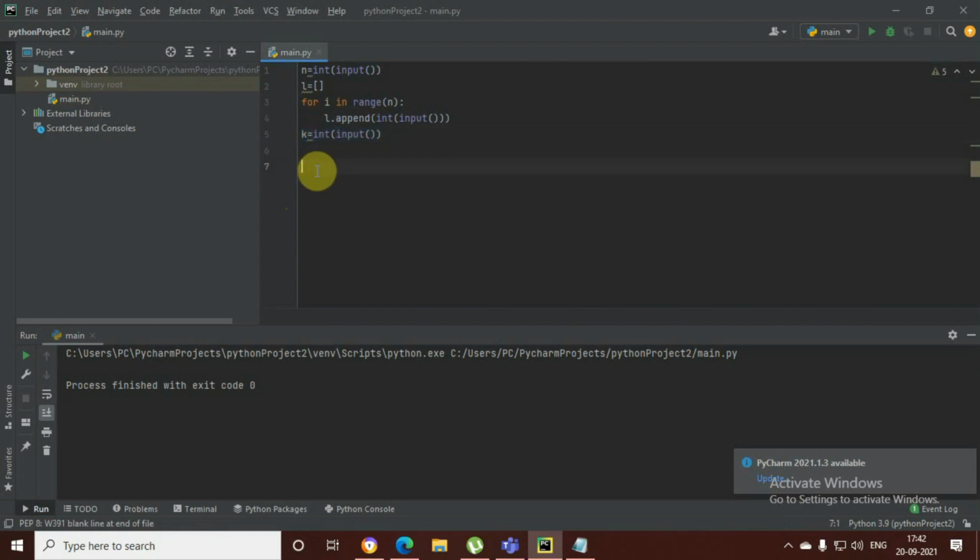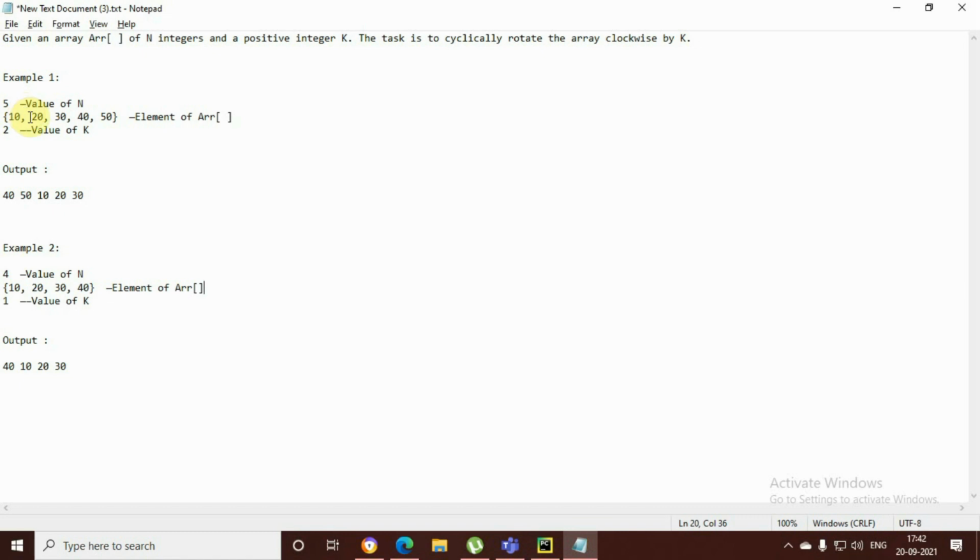Okay, now we have all the elements required and have taken input of k and the list. Okay, so what is the idea of rotating this? Suppose we have this array 10, 20, 30, 40, 50. So what we have to do to rotate it?